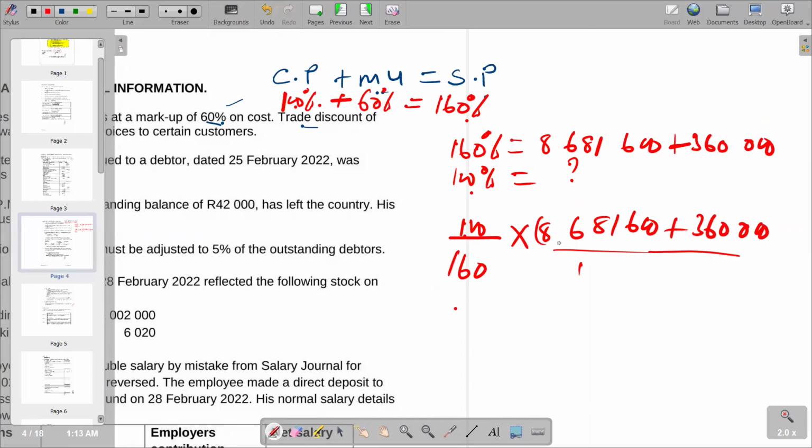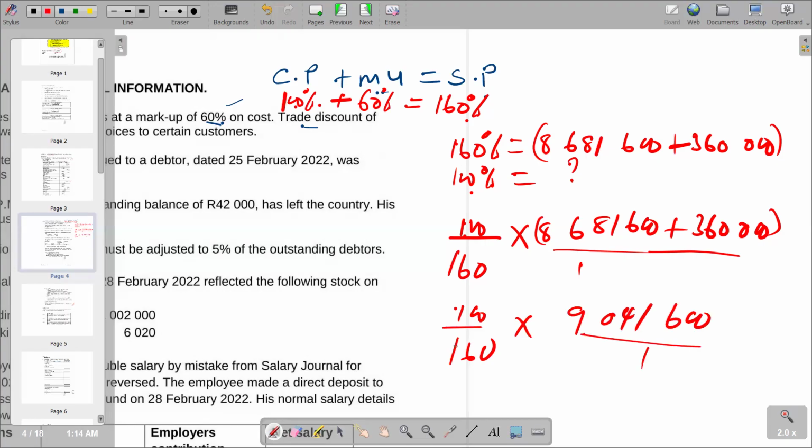So basically, this we are supposed to present in the brackets, whereby by adding, we can start by adding 8,681,600 plus 360,000. And then we get the sum there that we are supposed to multiply. So we say 8,681,600, and then we add 360,000. Then your answer is 9,041,600. So that's how we are going to calculate it. And when you calculate it there, you're going to get your answer as